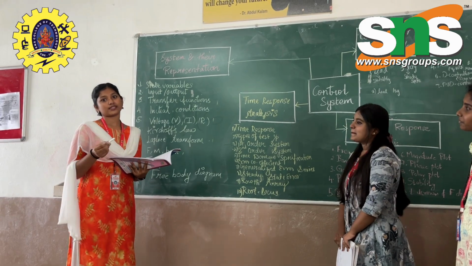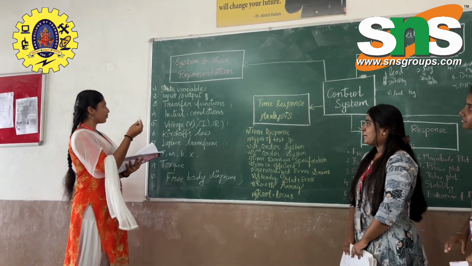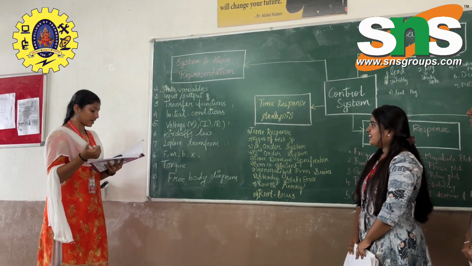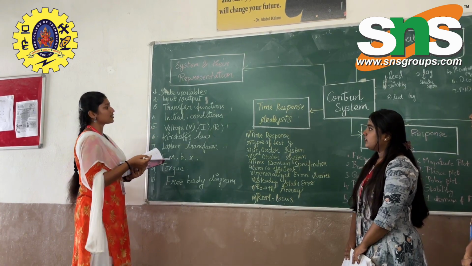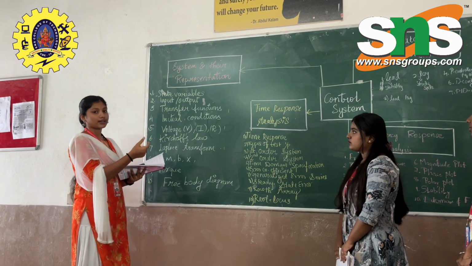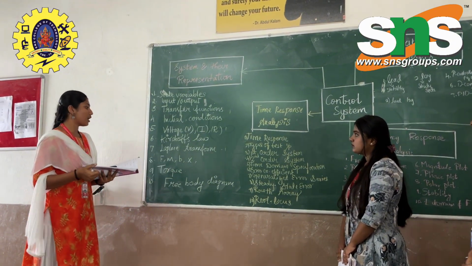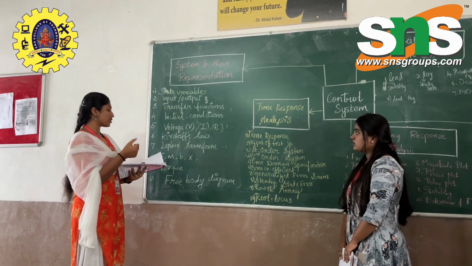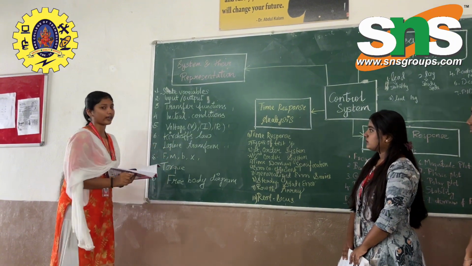Control system: the first subtitle is systems and their representation. In general modeling terms, there are state variables, input and output, transfer functions, and initial conditions. In an electrical system, there is voltage, current, resistance, capacitance, inductance, Kirchhoff's law, Laplace transform, etc. In a mechanical system, there is force, mass, torque, and the free body diagram.